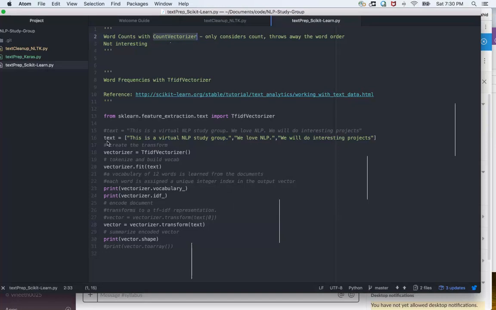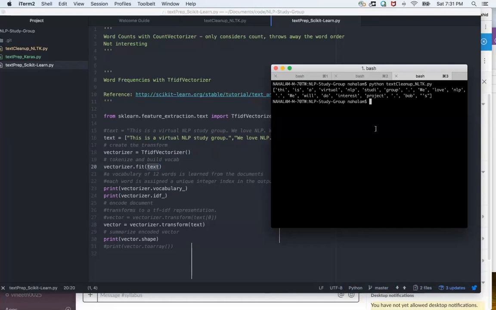For example, if we look at this text, you use the tf-idf vectorizer to get that object, and then you build the vocabulary by passing this input to the fit method. If you print the vocabulary_ attribute, you see the score for the vocabulary, and if you print idf_, you see the inverse score of those stop words. So if we run this,